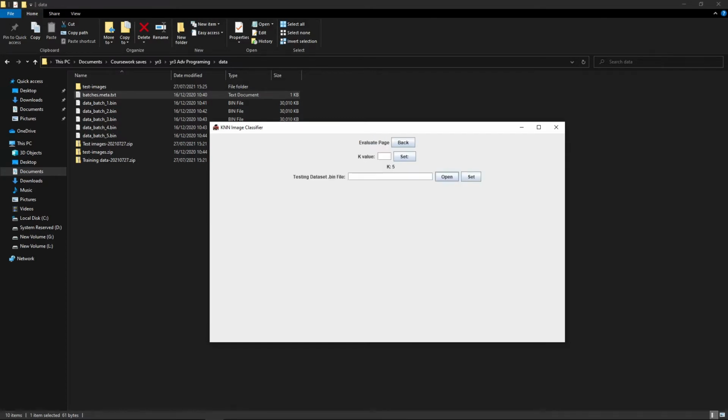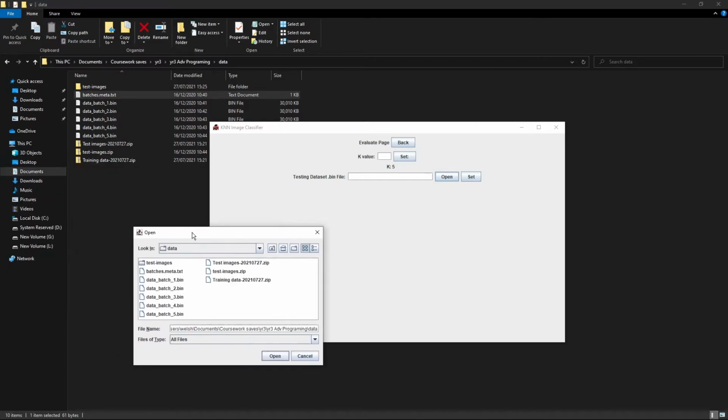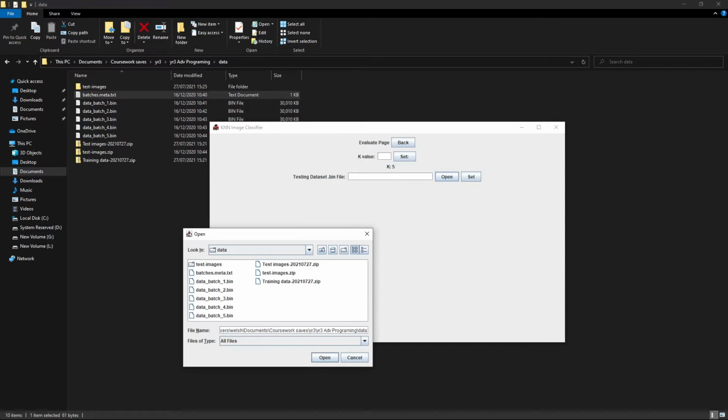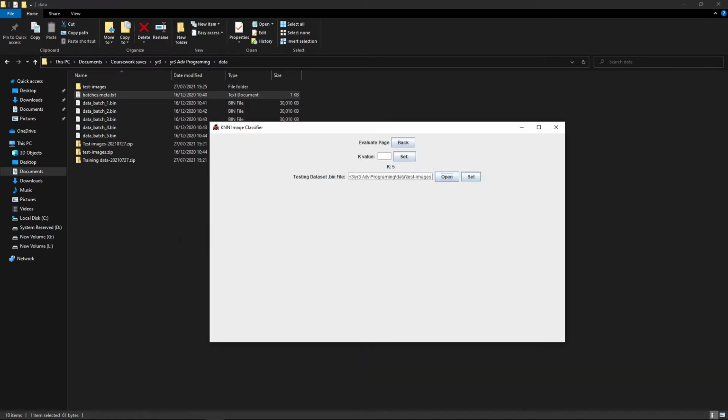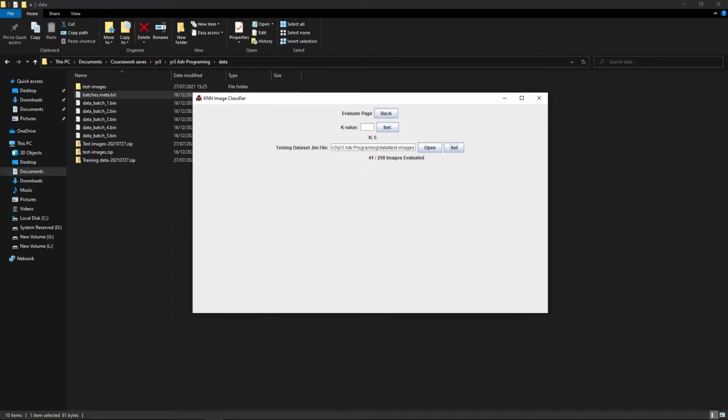You can open up one of the data sets. Let's go back into. Give me a second. So we loaded number 1 and 2. We could put the whole folder of test images in there. That should work. Set that, and you can see it starts evaluating the model, so it'll give us the model's accuracy at the end. You can see it's